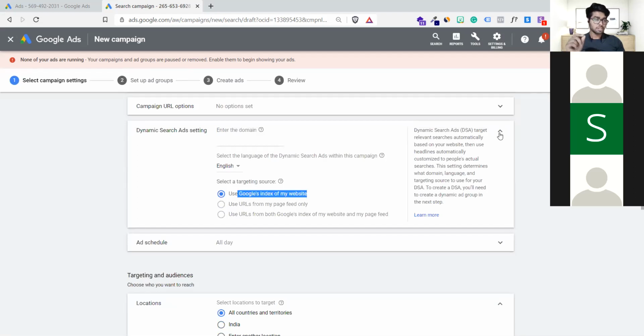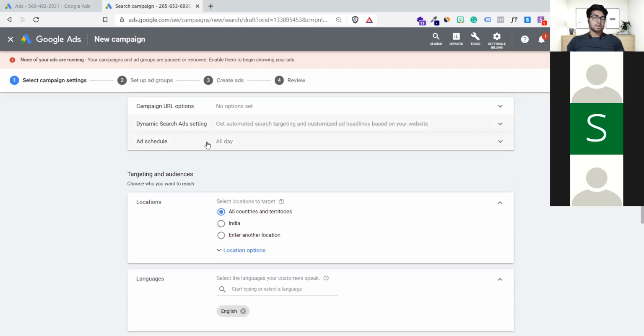We don't change this particular dynamic search ads setting, because it will change the placements of your advertising. Your link appears on the top, and if you do change something, your links will come in the middle and sometimes at the very last of the web page. It happens sometimes, so I don't use it personally. I have never seen good results coming in. In fact, it has ruined my budget as well sometimes. So I don't use dynamic search ad settings.